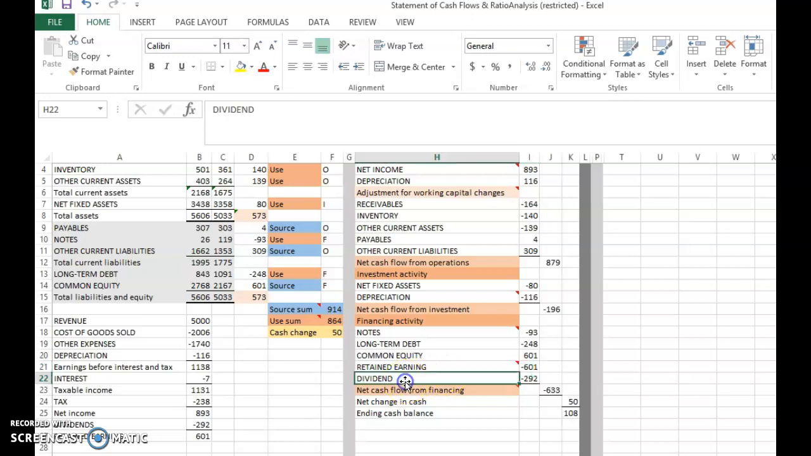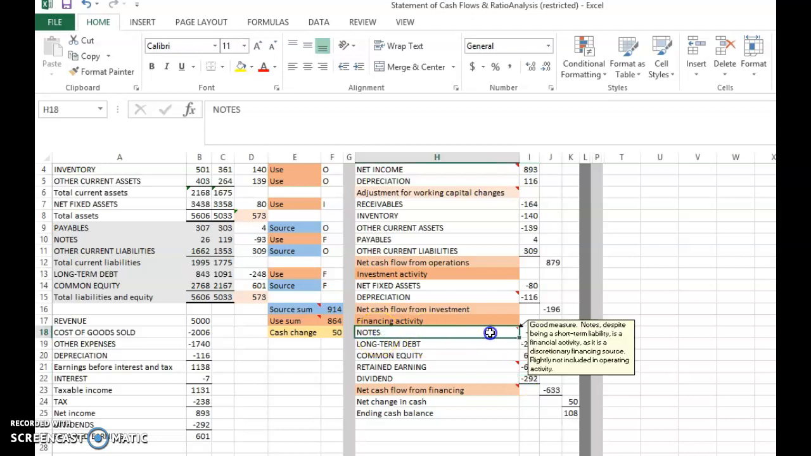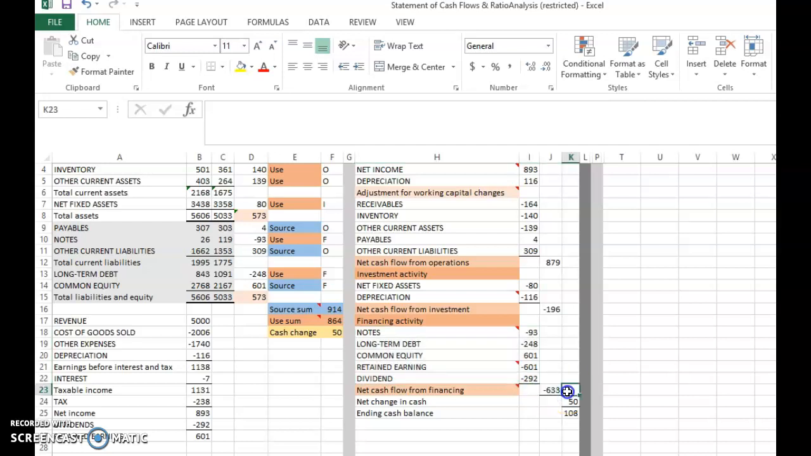And then dividends, 292. So this is a cash outflow, right? When you add all this, you get this value here. $633 would be the cash outflow from financing. Net cash flow from financing activity will be a cash outflow of 633 million. Then what you do next,